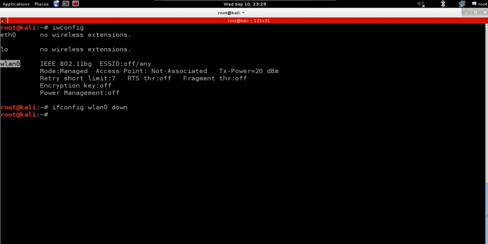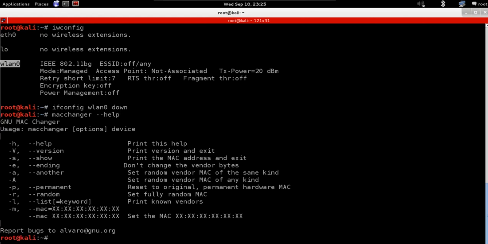Now we're going to change the MAC address. We're going to use a tool called MAC Changer. With these tools, it's always a good idea to look at the help. So if you just run macchanger --help, we'll see all the options that we can use with this tool. You can use --version to show the version, and --show to show your current MAC address,